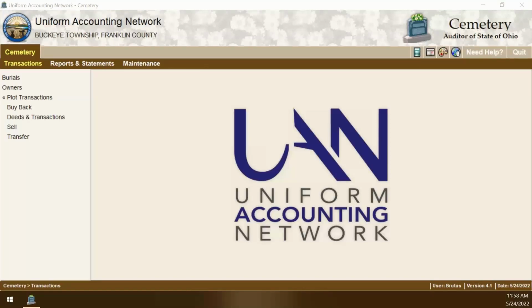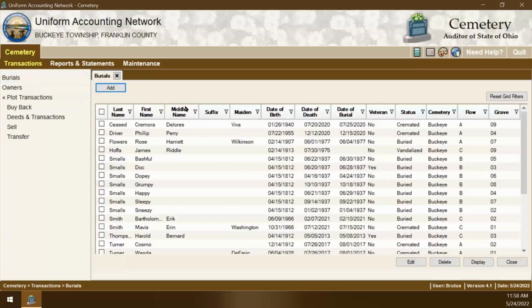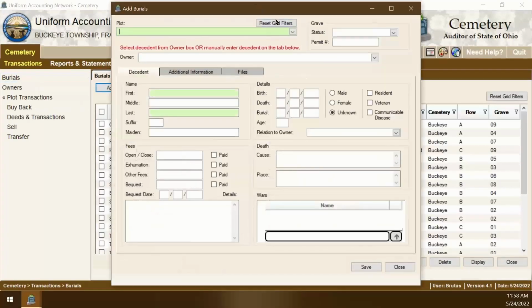We got a question: do all areas of input need to be filled, or can something be left empty and continue? I'll go back to the burial screen just for sake of demonstration here. You'll see that any of these green fields, these are the required fields. So for the burial screen, for example, you do at least need to have a plot, obviously which grave the burial's going to be recorded in. You need a first name and a last name. Everything else, as far as requirements go,